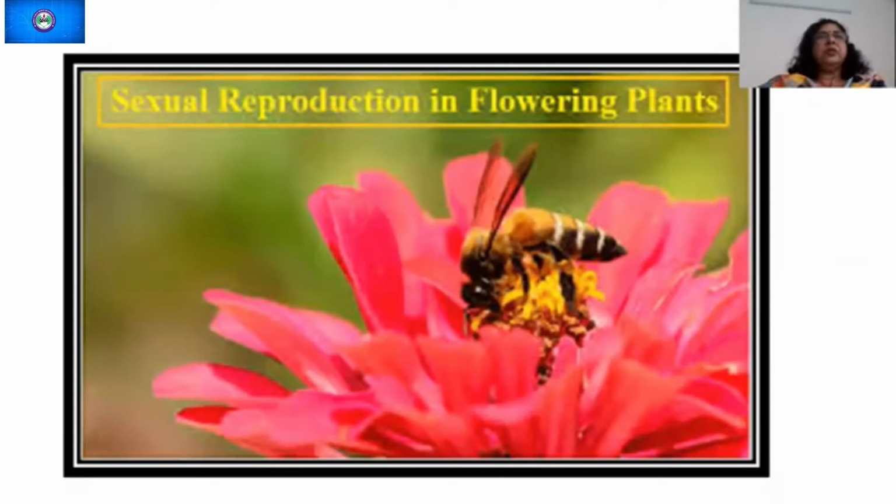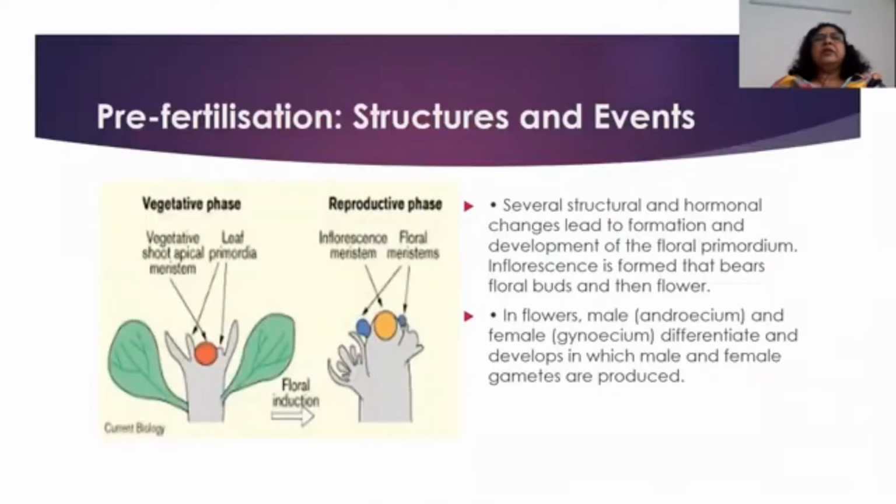Good morning, students. This is chapter number 2, Sexual Reproduction in Flowering Plants. In this chapter, we'll be studying about the plants and how they reproduce. I'll be making 3 videos, and this is video number 1. In this video, let us study about the pre-fertilization